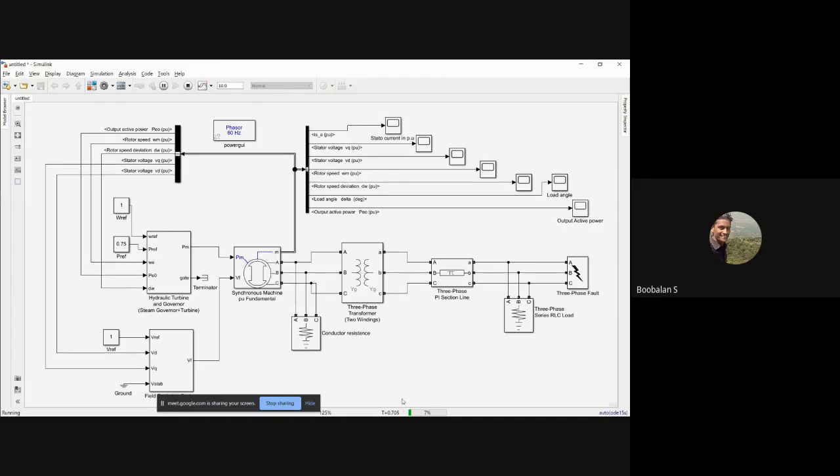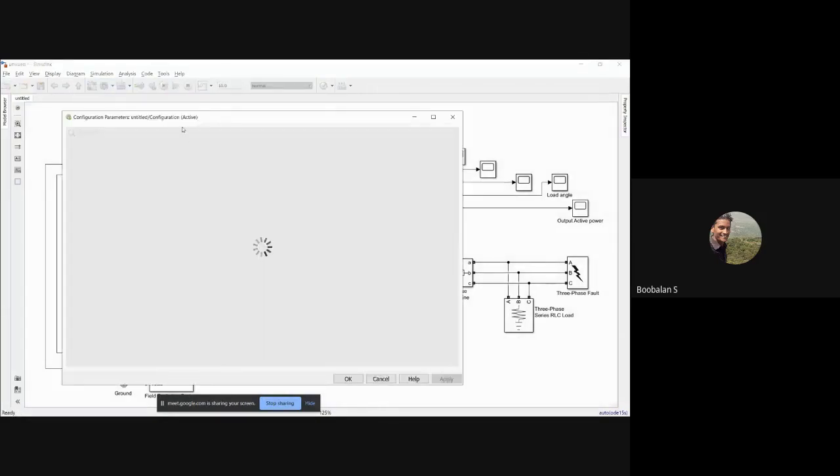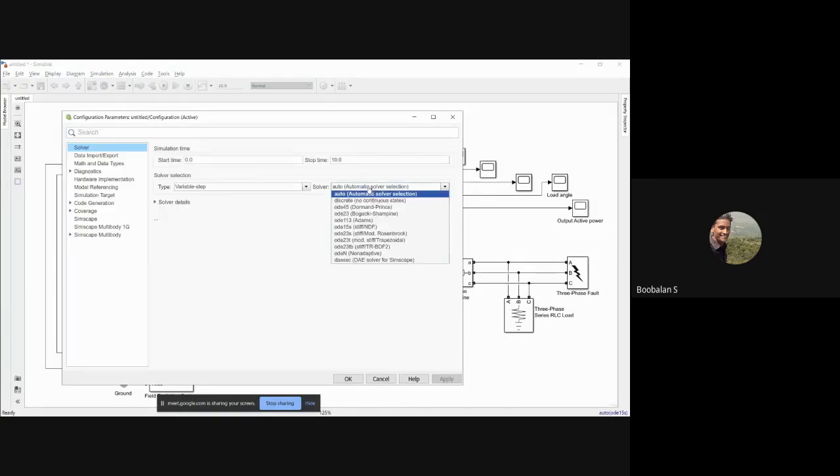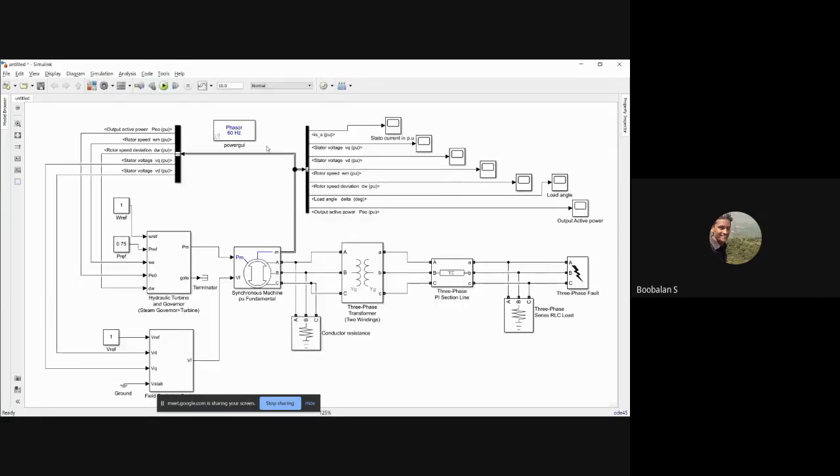If the simulation is taking too much time, just stop the simulation and change the solver configuration. Right click and click on the settings. Go with ode, maybe Simscape as well as discrete. You could choose either one of these two. I'm just going to use the ode fixed-step option. Just choose this model and run the simulation once again.